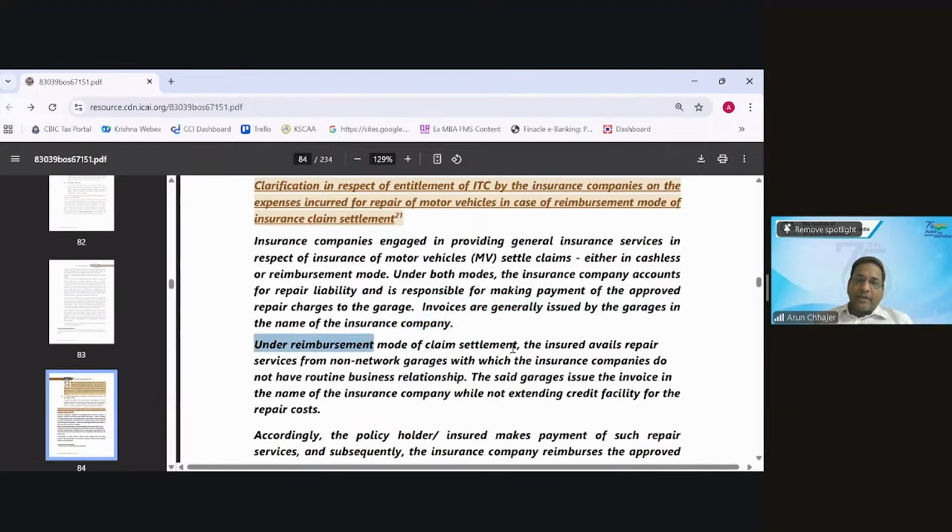Under the reimbursement mode of claim settlement, the insured avails the repair and maintenance from a non-network garage with which the insurance company does not have a routine business relationship. The said garage issues the invoice in the name of the insurance company while not exceeding the credit limit for